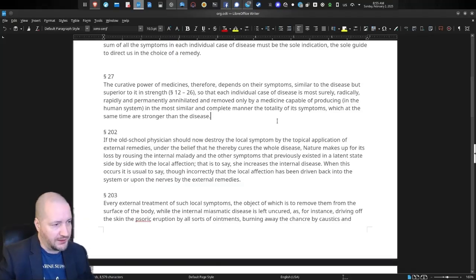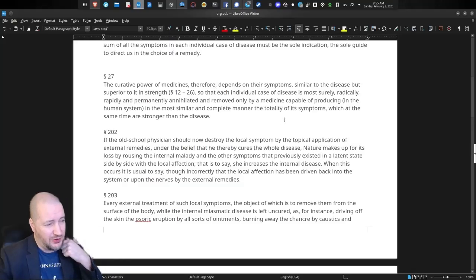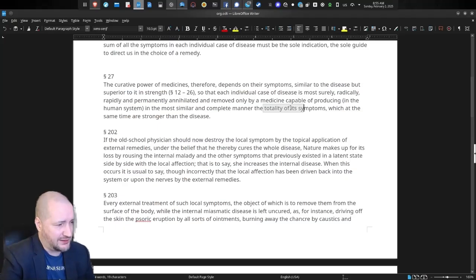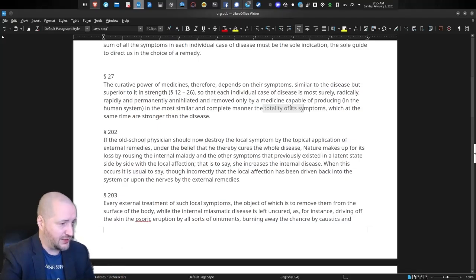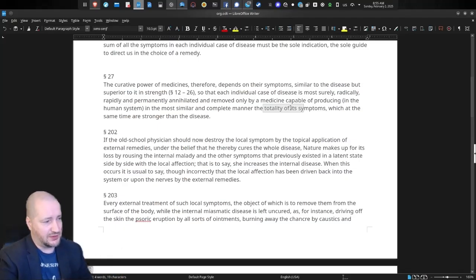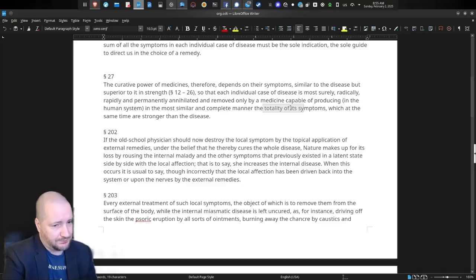So we are confirming again. It's in several places in the Organon that you need to choose the remedy based on the totality of the symptoms. What's totality? All the symptoms. That's totality. All the characteristics you can gather from a patient. So if it's in multiple places in the Organon,